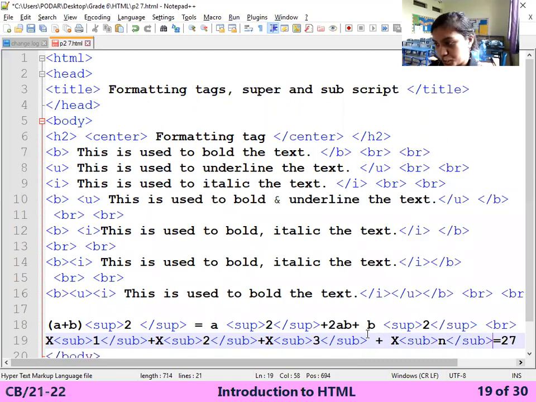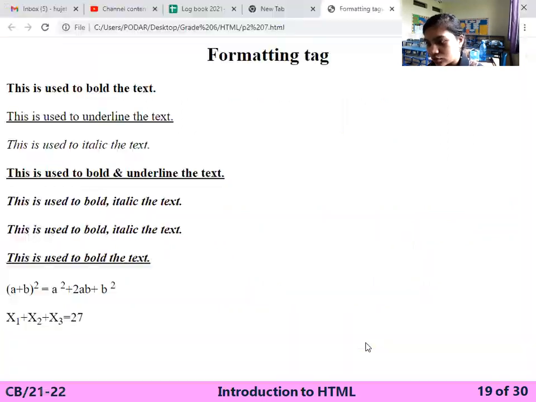Same for the superscript. You can use text also, characters also. F5, you can see the output: x1 plus x2 plus x3 plus xn equals to 27. This is the way you can create your formulas of mathematics using the text.